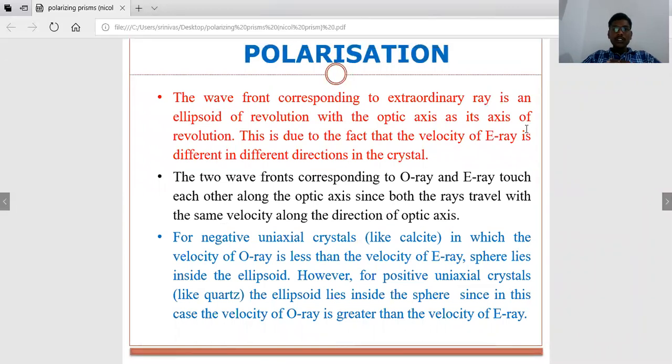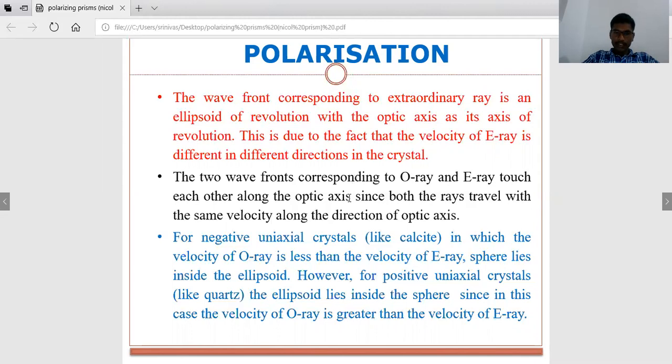Next, the wavefront corresponding to the extraordinary ray is an ellipsoid of revolution with the optic axis as its axis of revolution. This is due to the fact that the velocity of the E ray is different in different directions. That means for the sphere it is the same in all directions, but for the ellipsoid it differs with direction. The two wavefronts corresponding to the O ray and E ray touch each other along the optic axis, since both the rays travel with the same velocity along the direction